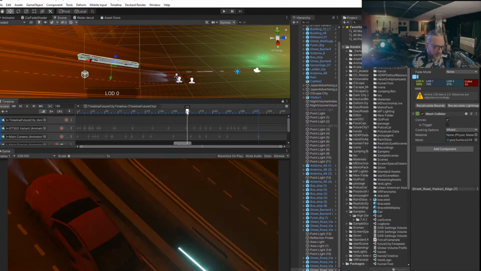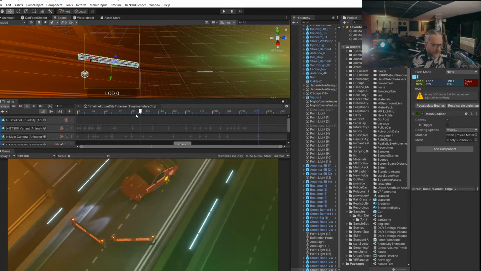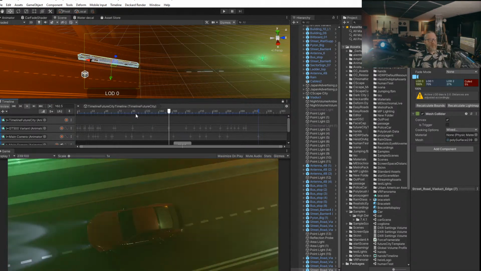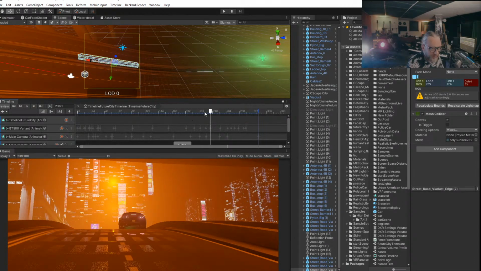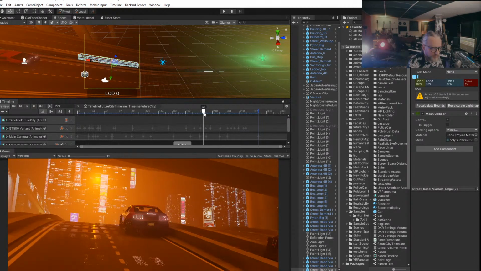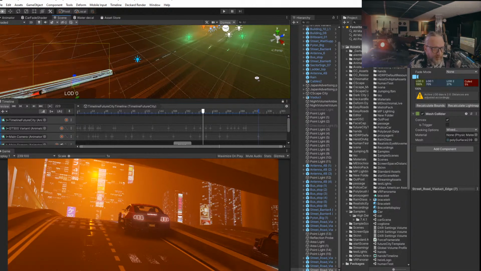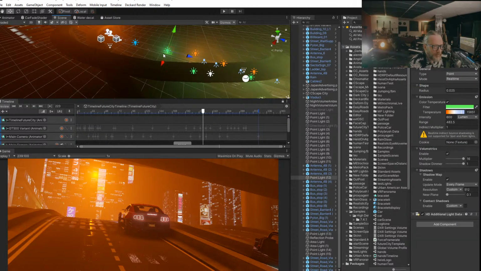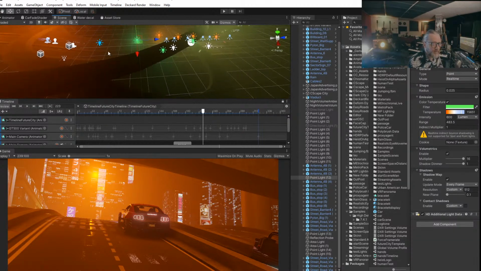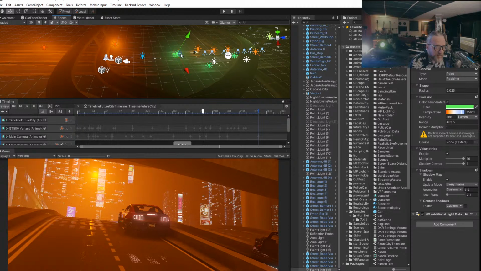Yeah, you see. Okay, so this adds much more dynamics into a scene. So I will also be trying to add, I will also be duplicating. Okay, no, I want here a little bit of color diversity, because I don't like that everything is so orangey. No, I like it, but